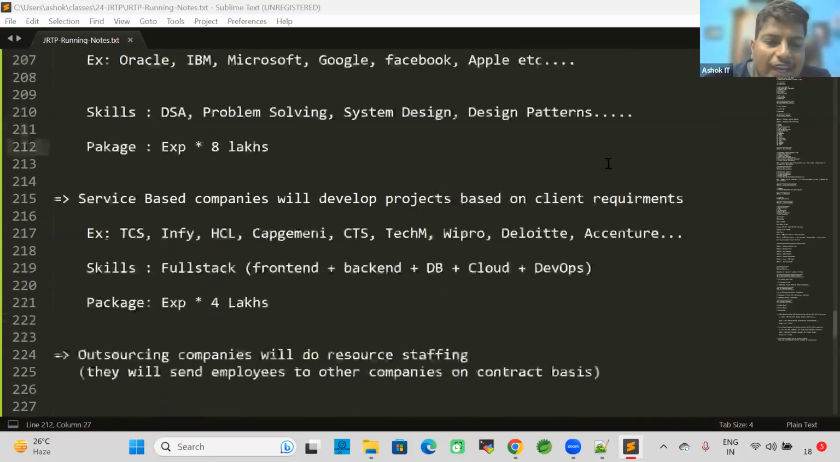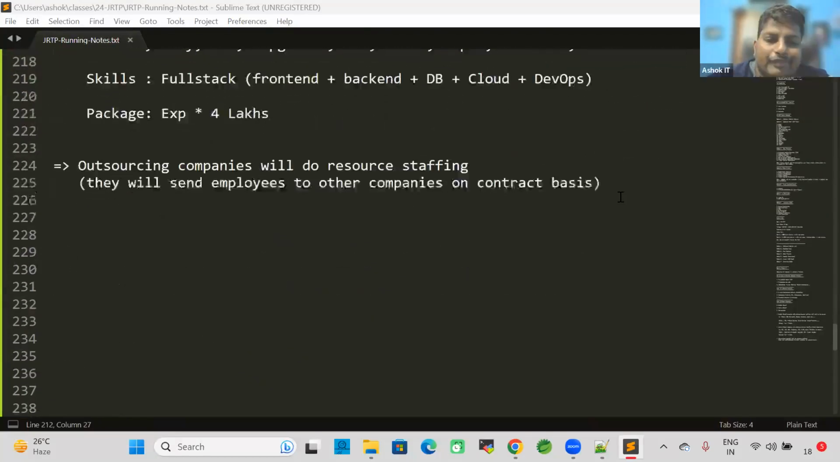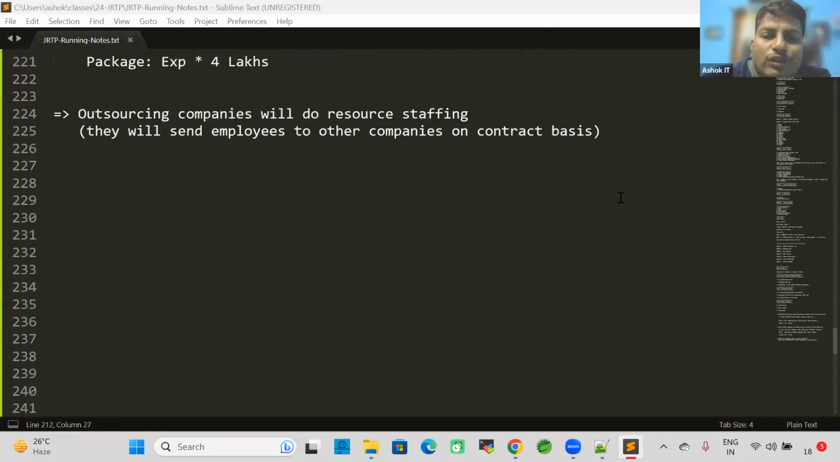Yes. What is the meaning of an outsourcing company? Outsourcing companies will do resource staffing. What is the meaning of resource staffing? They will send employees to other companies on a contract basis. So you will be selected for one company. Now, for example here,